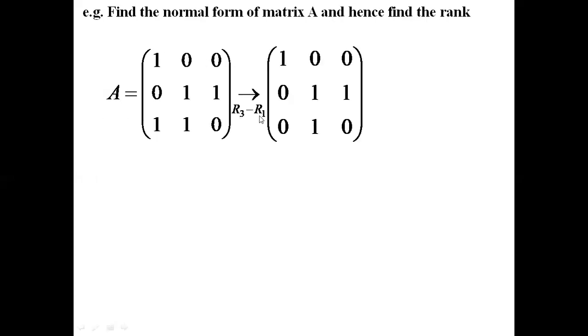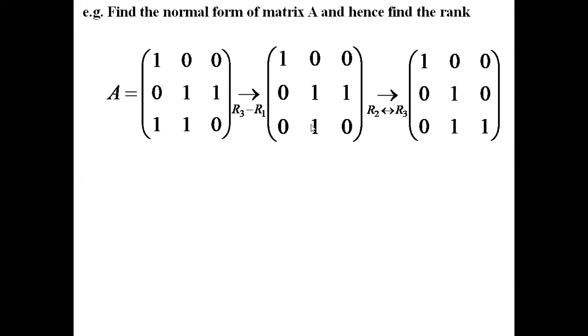Once you apply R3 minus R1, the R3 value is 1. So this 1 minus this 1, this becomes 0. And we already have this element 0. Okay, so our first task is done. Now in the next step, this is already 1, so I need to make this element a 0. For making this 0, I use R2 interchange with R3. Why are we making R2 interchange with R3? Because we want this 0 to the upside. If you don't make this calculation, it's okay. Whatever calculations you are doing, these are independent, but finally you will get the same answer.